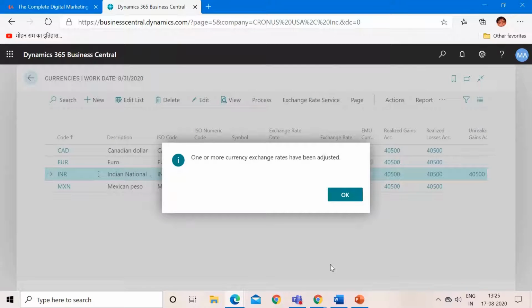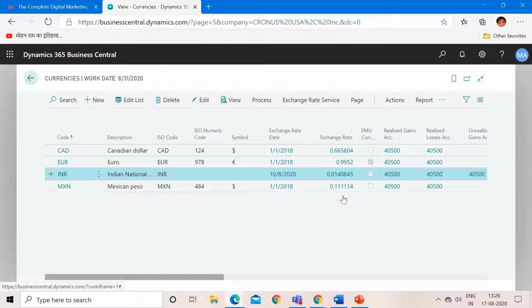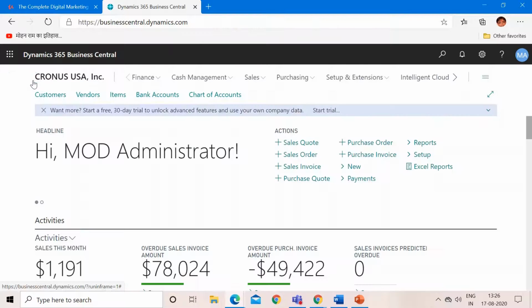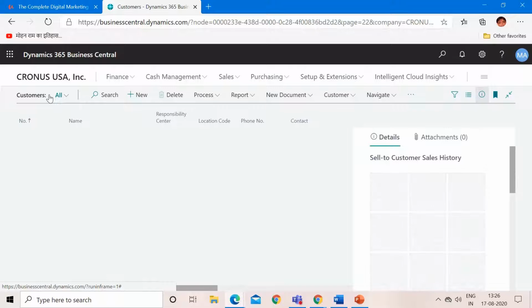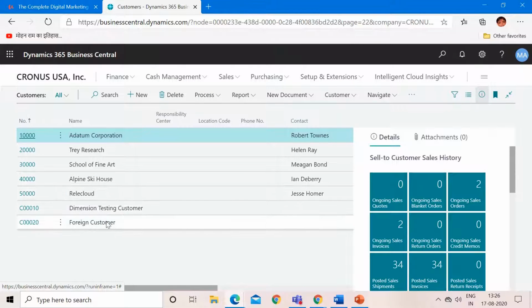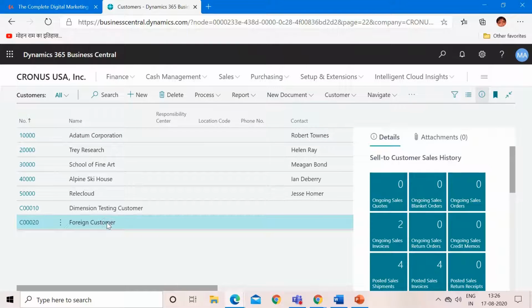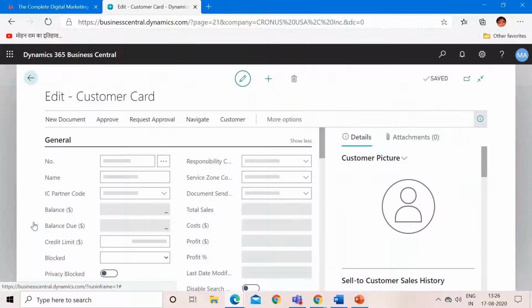So it has successfully adjusted the open entries for us. Click on OK, and let us check our invoices or our customer ledger entry, whether it has any impact or not. I'll select this and let me open this card.